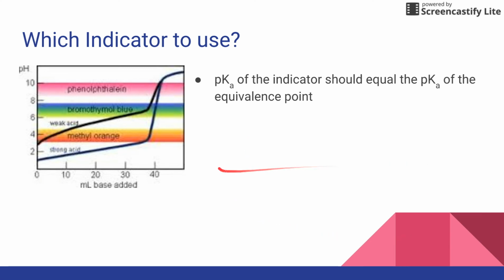They're going to give you a list with all their pKa's, and they're going to say, pick one of these and explain why it is the best indicator for this. So when you're actually doing the titration, why the indicator is important is because it changes colors at the equivalence point. So you know exactly when the moles of